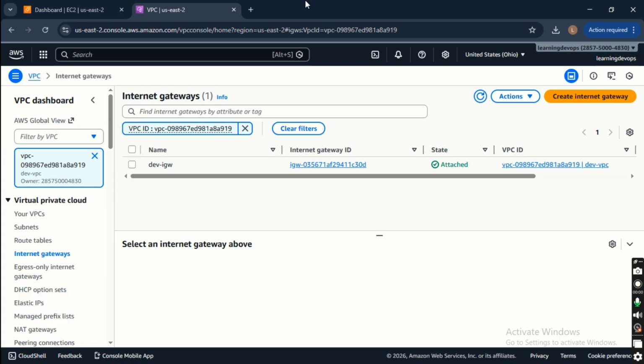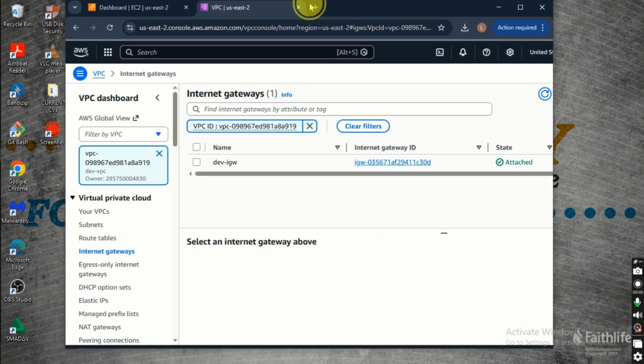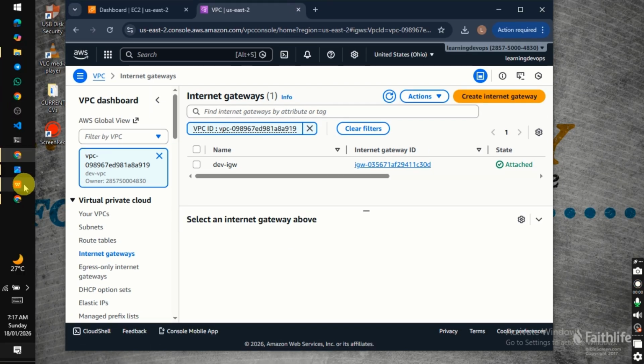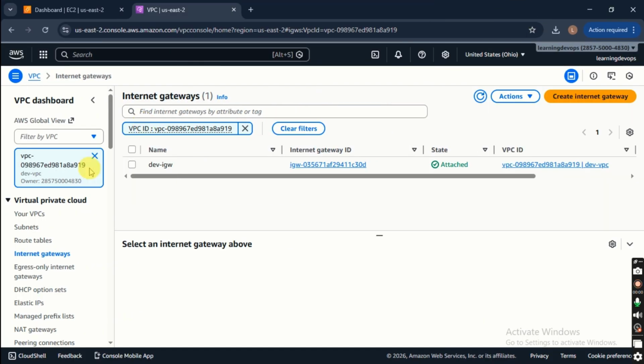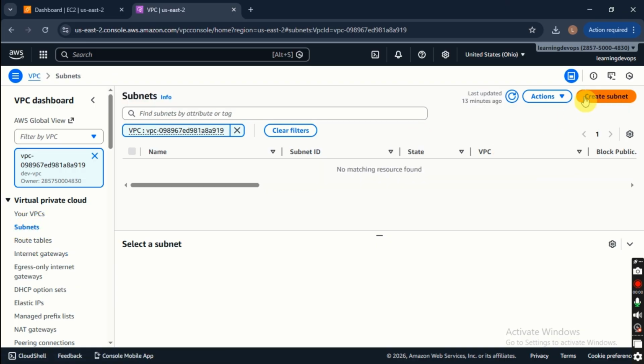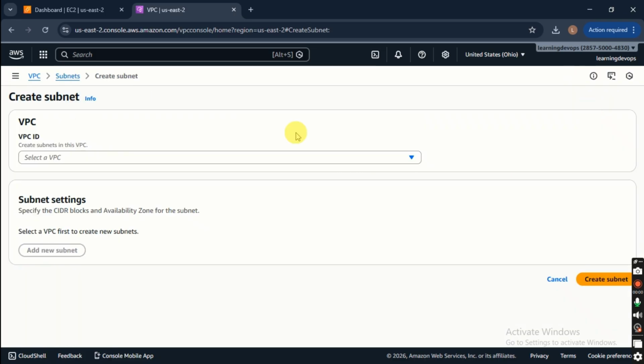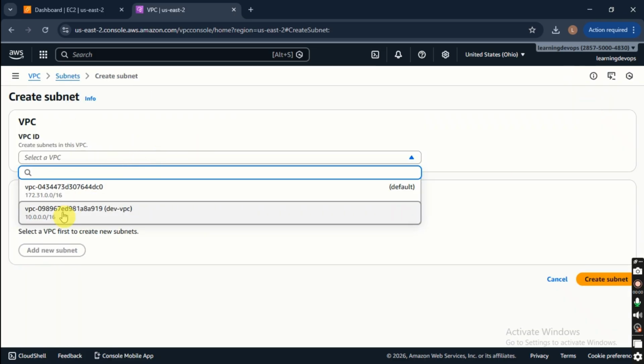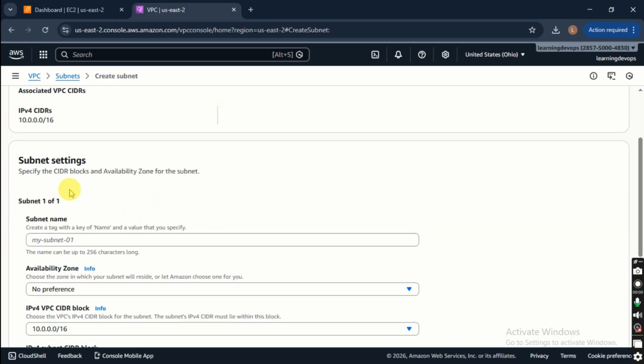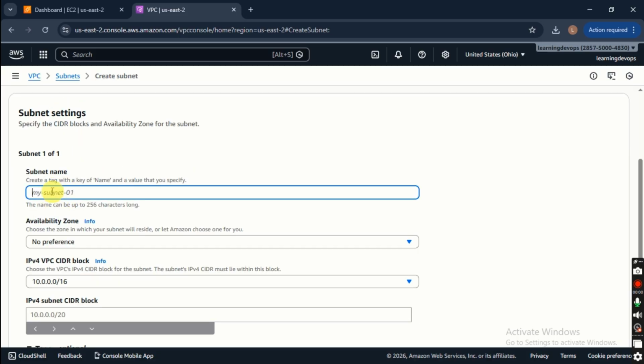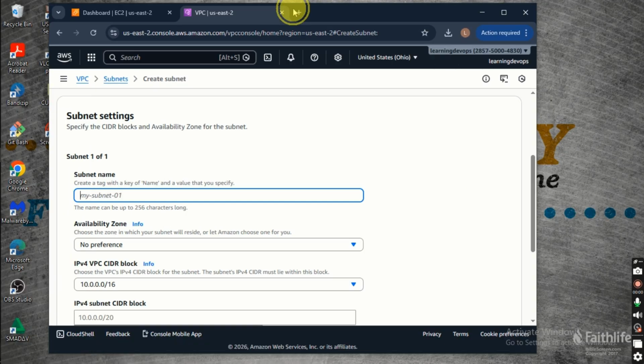All right, so we can click on subnet here, then create subnet, and you select the VPC, our dev VPC that we created earlier, not the default one, this one. And then I want to give our subnet a name, so let's check out our